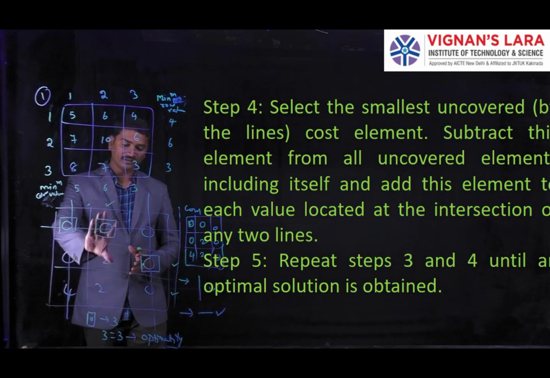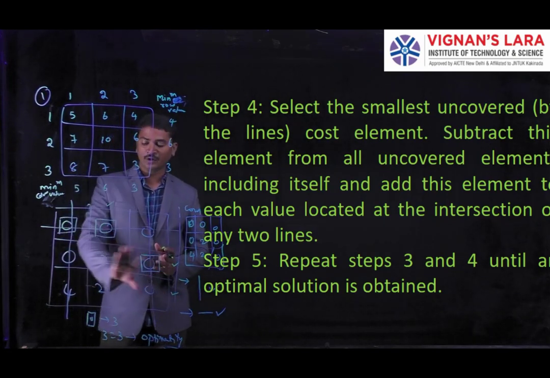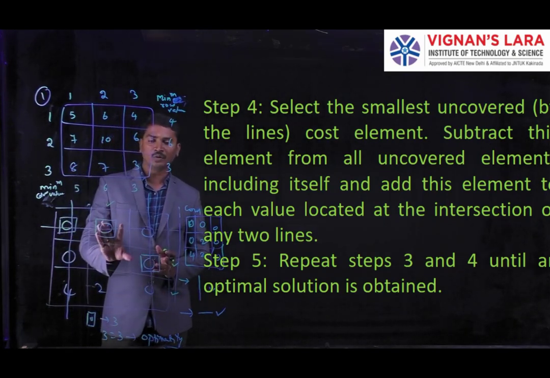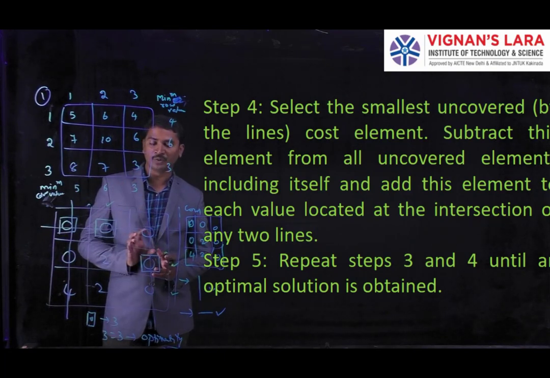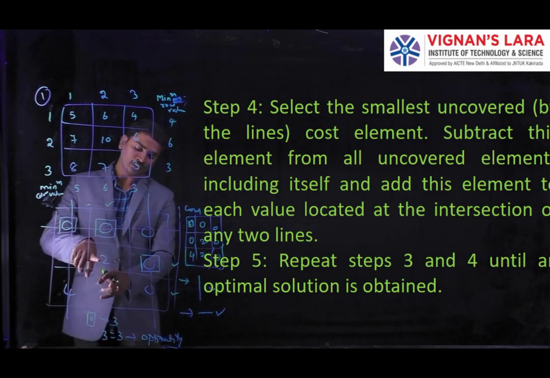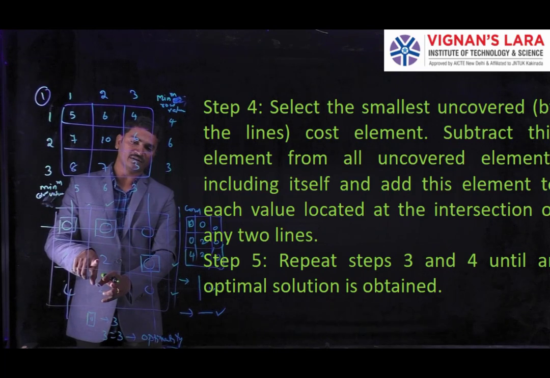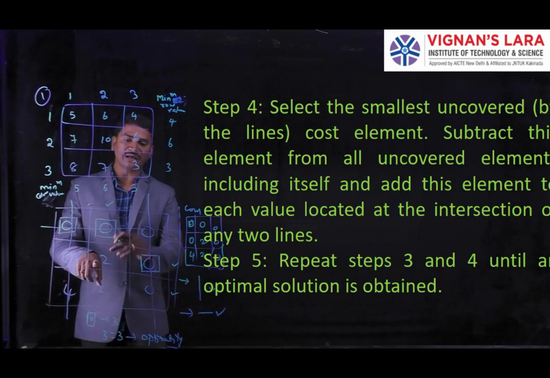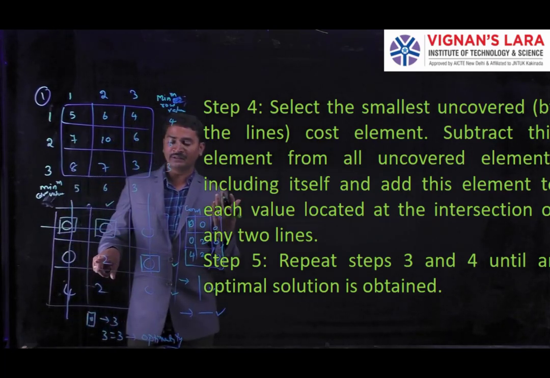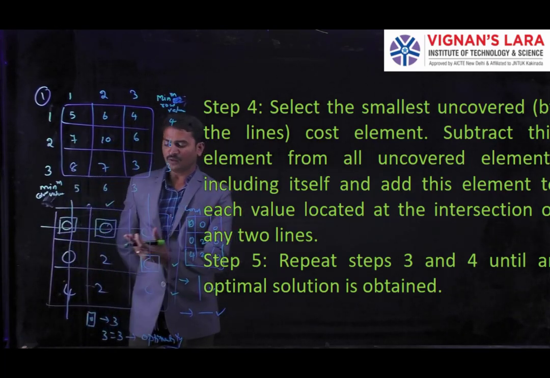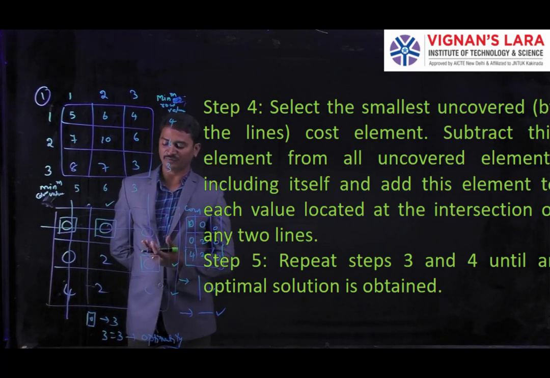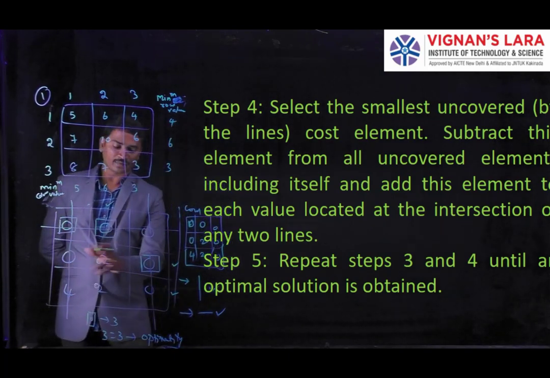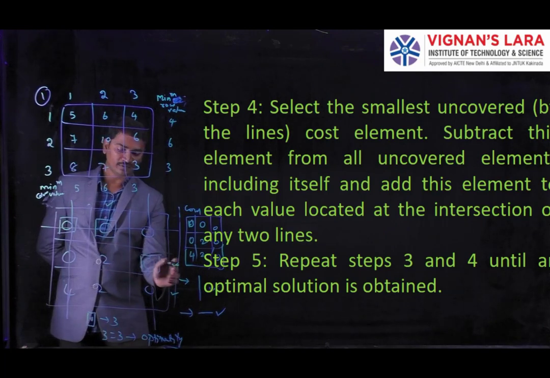So from this, in these ticked rows and ticked columns, we have to identify the minimum value. Here 2 is there, two minimum values are there. From this we can take any one, and we are going to subtract this value from the other ticked row or ticked column values. Here the unassigned values, it means here we have the 2.